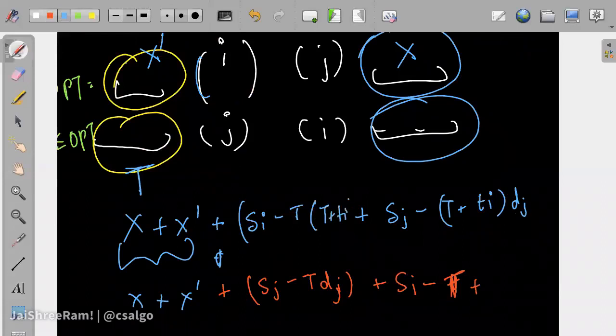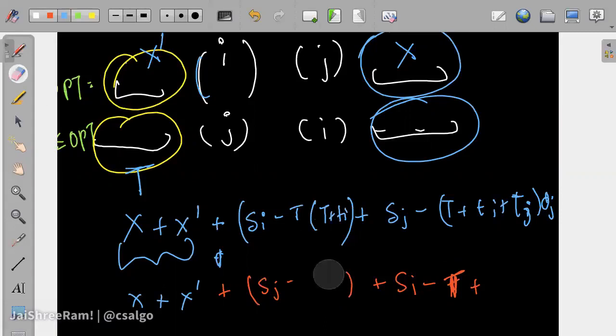T plus Ti, and okay, let's take this. So this would be Ti plus Tj times Dj, right? This is going to be there. Yep, makes sense. So we'll have to also change this part a bit.